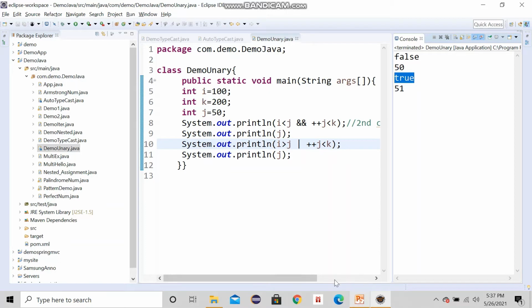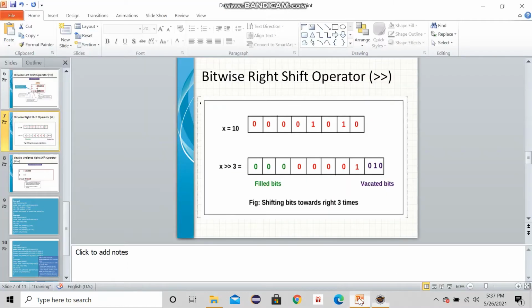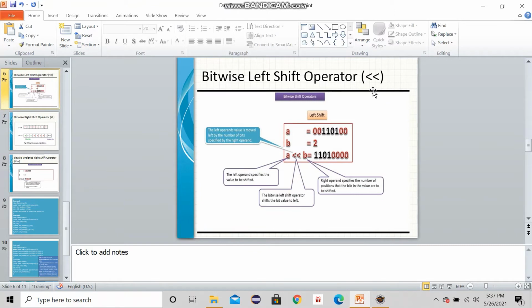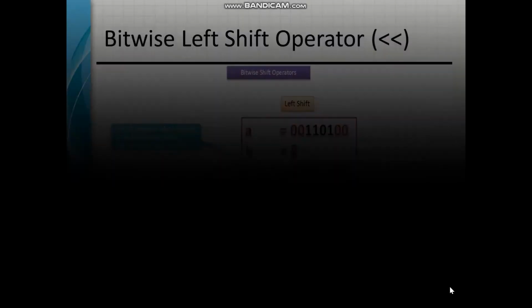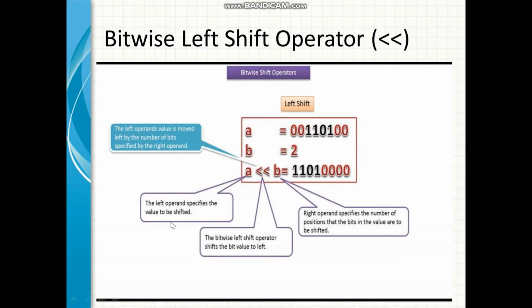Now coming to bitwise operators. In this, let me complete the bitwise operators. So now this is the left shift operator. Now you're familiar with all the zeros and ones. So this is one number A. This is your left operand. It specifies the value to be shifted.